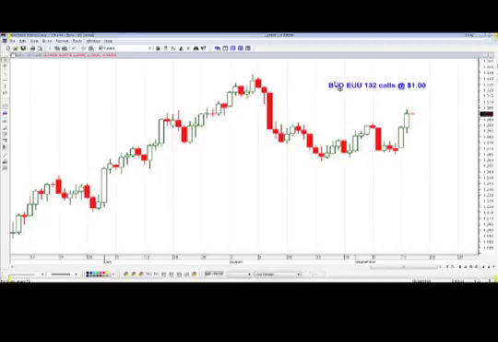And the reason why a trader might trade a vertical spread in this condition is that then they can reduce the impact of time value. And they don't always give up a whole lot of upside when you're thinking about things realistically. Let me give you a for instance, okay? So let's say that we did buy the EUR/USD 132 calls that expire in October, and they're currently trading for $1. But at the same time, we also sell to open the 133 calls